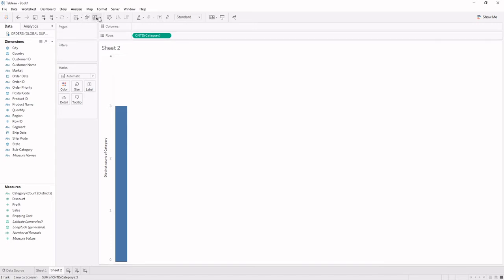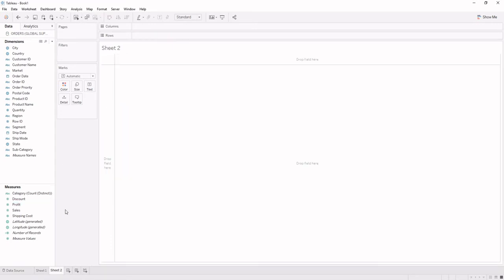Hence, we can say that at any point of time, we can convert a dimension to measure, a measure to dimension, and similarly, we can convert discrete to continuous and continuous to discrete. Hence, now you would be clear that when you need to do detailing, you would be using dimensions. And for aggregations, you would be using measures. Whereas if you need to view distinct data, that can be shown with the help of blue fields, and continuous values can be used with green fields.